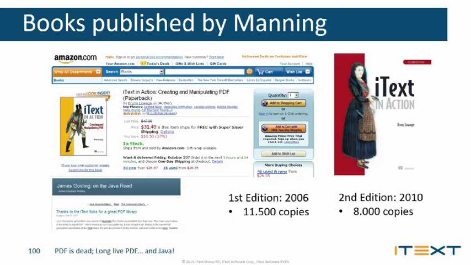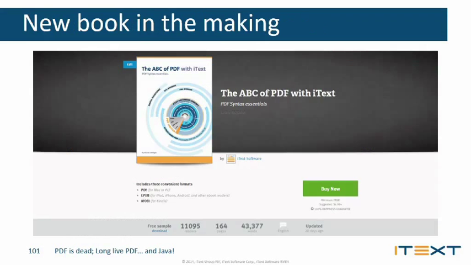Now, many people know that I've written 2 books. The first book, iText in Action, got a real boost when James Gosling blogged about it. I didn't know that James was going to write a blog about iText in Action, and suddenly I saw the sales numbers go through the roof, and I said, what's happened? James actually used my affiliate link, so for every book sold through his site, I even got some extra. The first book sold 11,500 copies, and there was a second edition. It was a rewrite, sold 8,000 copies. And then I decided to make it easy for people to obtain the book, and now I've started writing books on LeanPub.